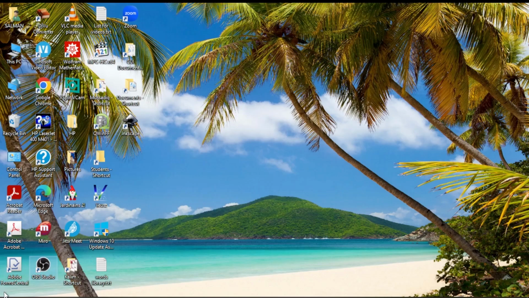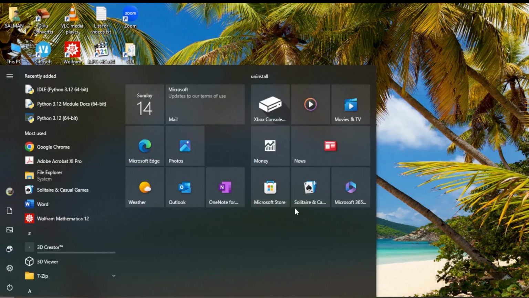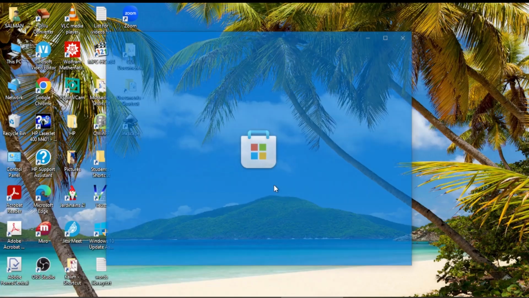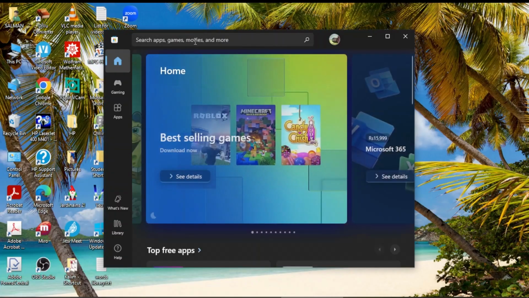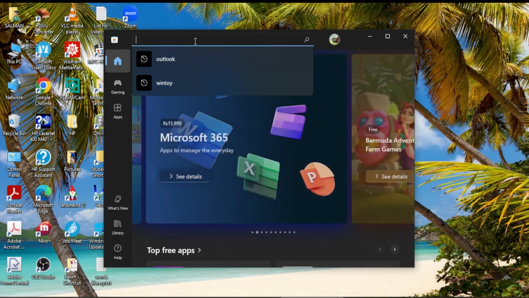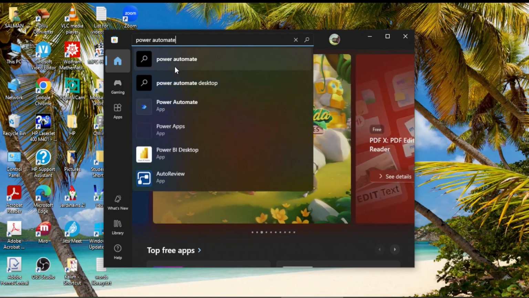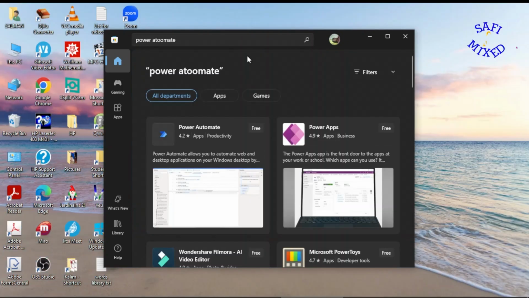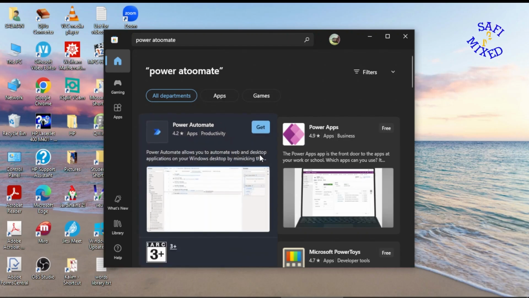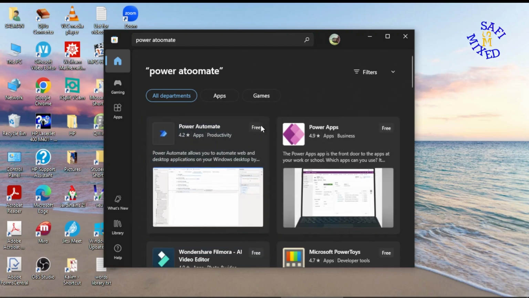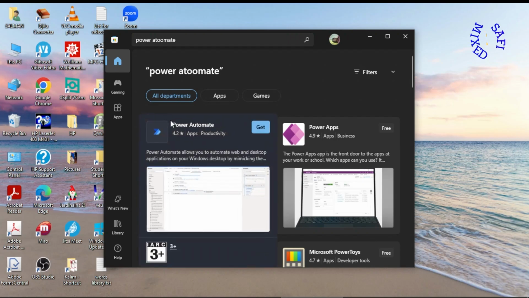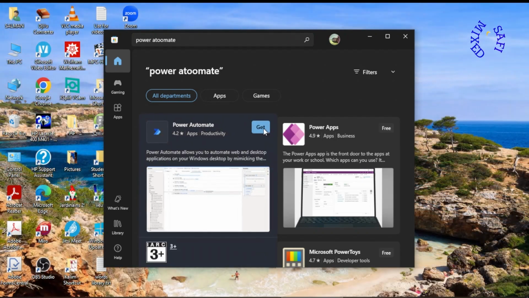You can do that very easily by coming here to the Start menu and going to Microsoft Store. In the search bar of Microsoft Store, you need to search for Power Automate and it comes here, so I click on it. You see here on the top there is Power Automate, and it is written free, meaning everybody can download this app, a very powerful app that will ease your life in your business. If I move the cursor over it, the Get button appears at the corner, so I click on